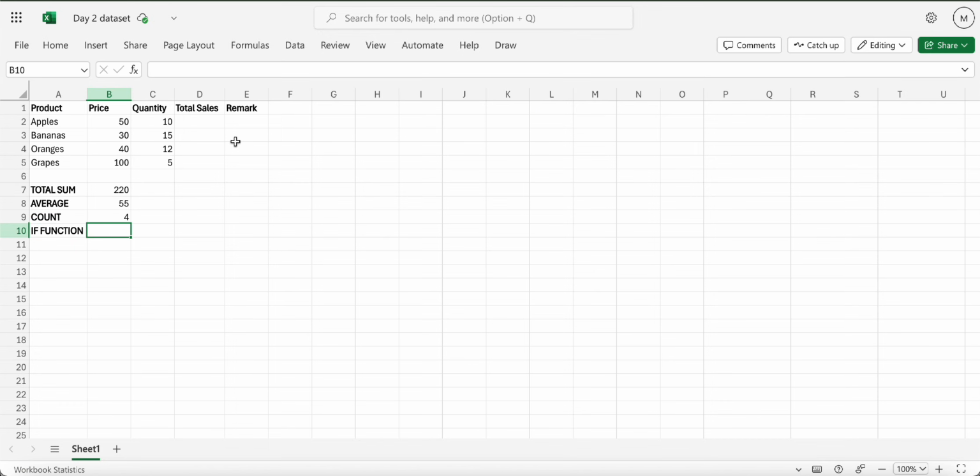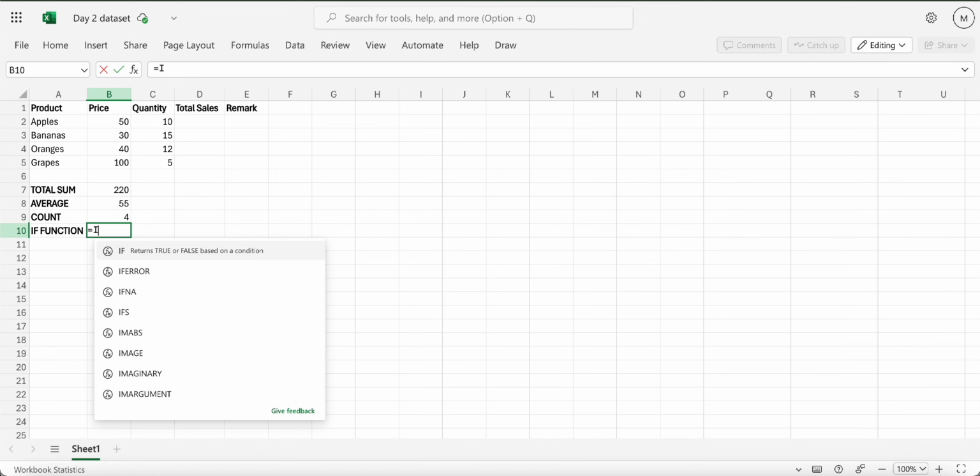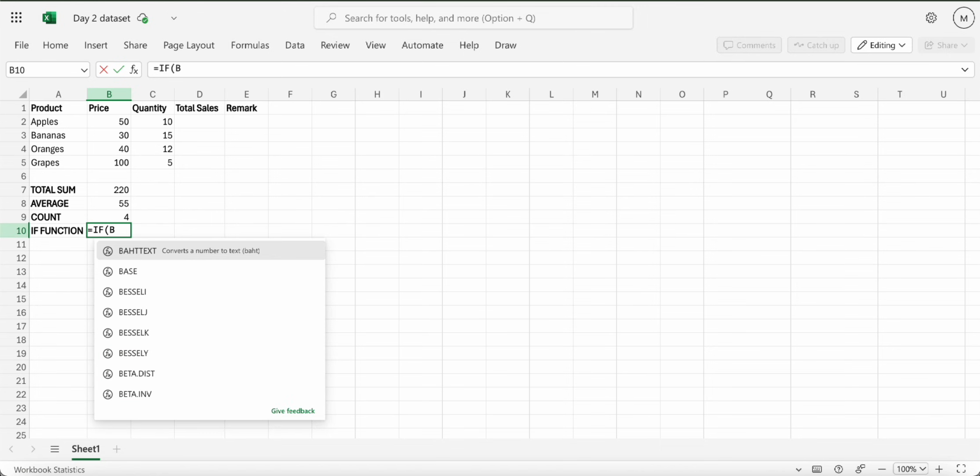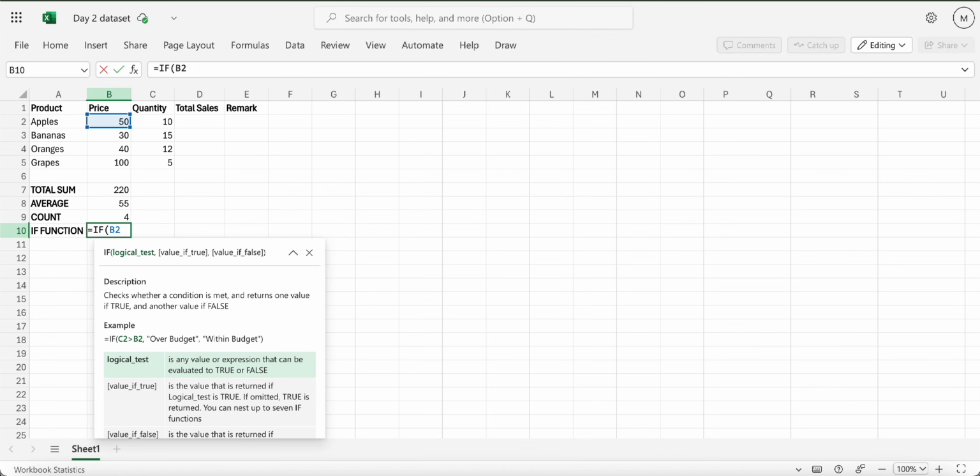I want to say if the cell B2, let's do this. So if B2, remember we are starting with equals to, if B2, which is the price for Apple, if B2 is less than 12,